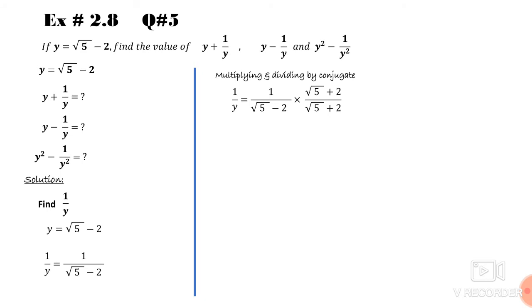So 1 upon y is equals 1 upon square root 5 minus 2 multiply square root 5 plus 2 upon square root 5 plus 2. This is the conjugate. Again, the same steps will be followed here. Numerators will be multiplied together, and in the denominator we will apply the formula. Square root 5 is used as a and 2 is used as b. Applying formula, we will get numerator square root 5 plus 2, and in the denominator square root 5 whole square minus 2 square. Solving it,